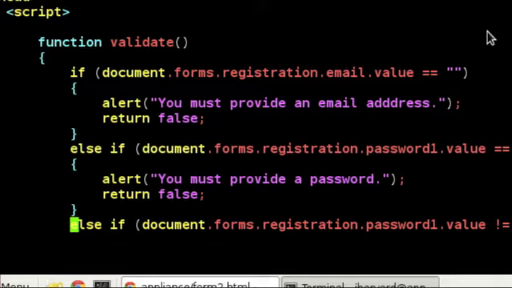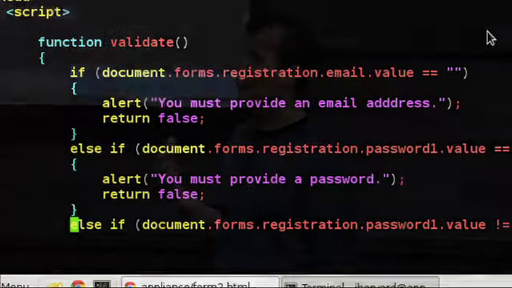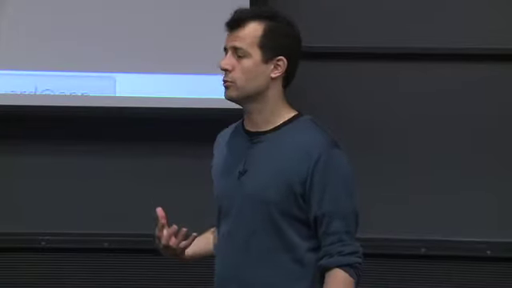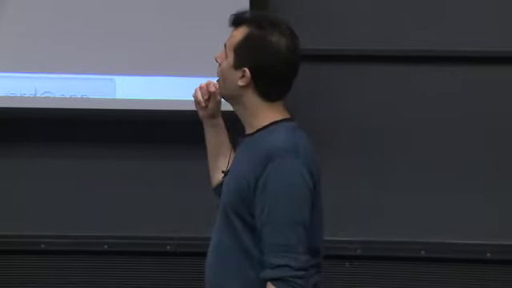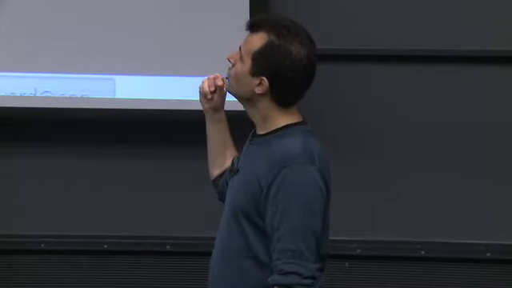So it turns out that if conditions, else ifs, elses in JavaScript are pretty much identical to PHP. You need the curly braces if it's more than one line. And in general, I would encourage always using the curly braces because of a process called minification, which we'll talk about later. But that has to do with eliminating unnecessary white space and even shrinking variable names in JavaScript. So generally, braces are a helpful thing. So else if